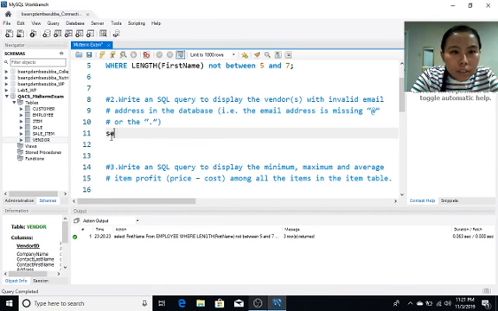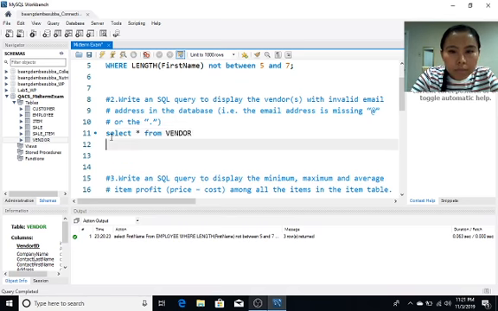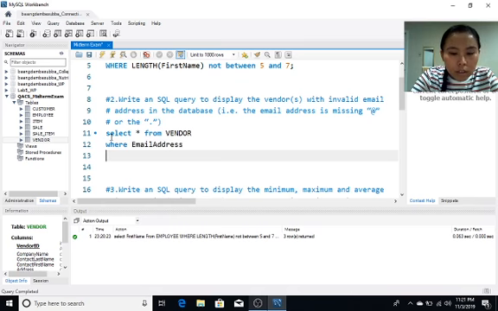So for this, select star from vendor where email address is not like